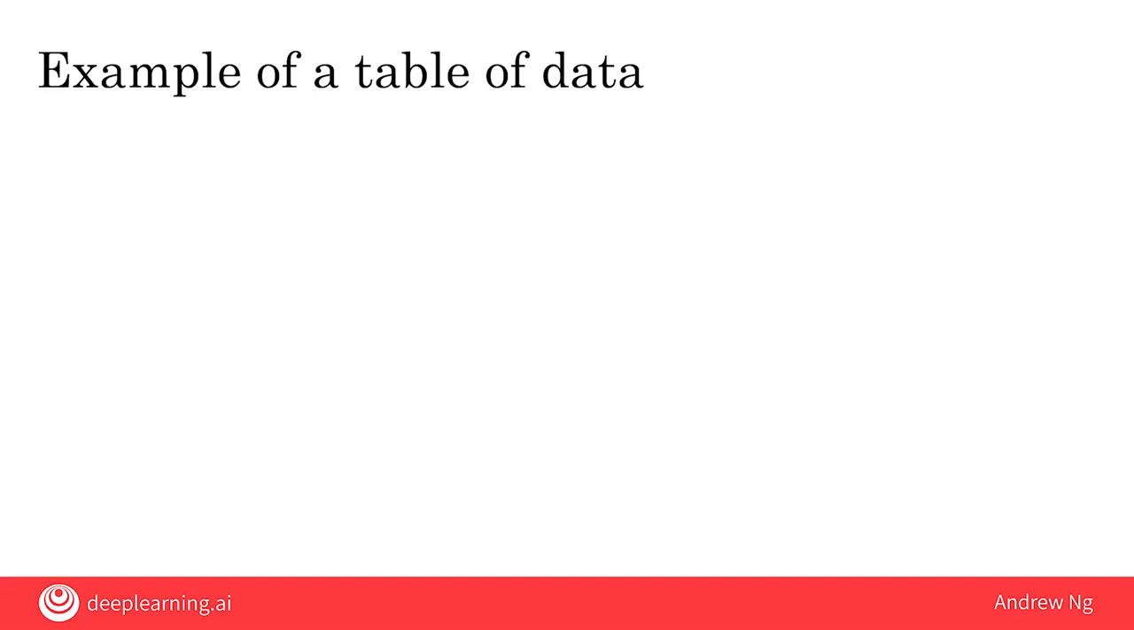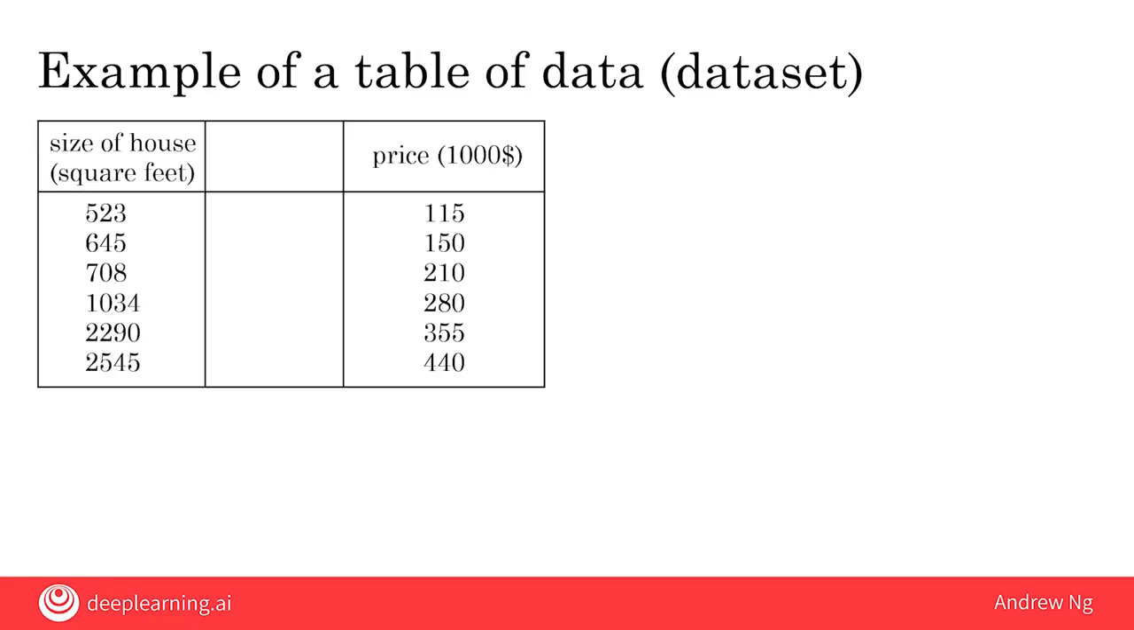You may have heard that data is really important for building AI systems, but what is data really? Let's take a look. Let's look at an example of a table of data, which we also call a dataset. If you're trying to figure out how to price houses that you're trying to buy or sell, you might collect a dataset like this, and this can be just a spreadsheet, like an Excel spreadsheet of data, where one column is the size of the house, say in square feet or square meters, and the second column is the price